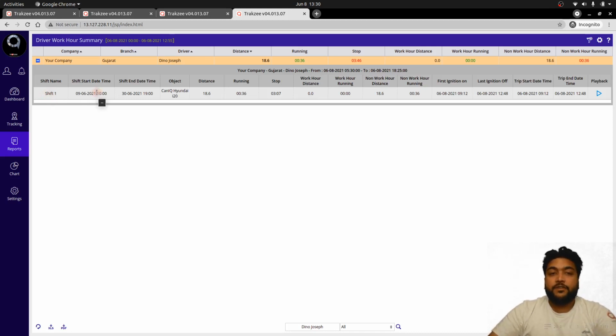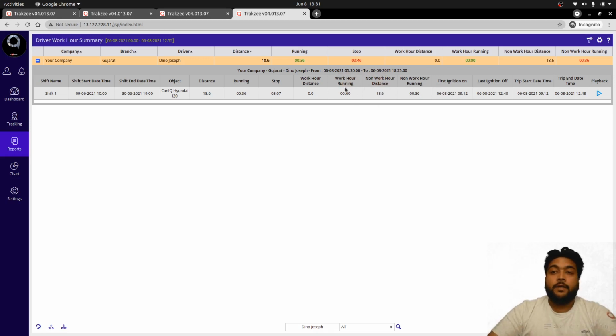Also, the shift date, start time, and end time can be defined. Which vehicle was driven by this driver is available as well. Total distance and running time can be defined based on the detailed information, and working hours with the distance and non-working hours with the distance can be defined on this report.